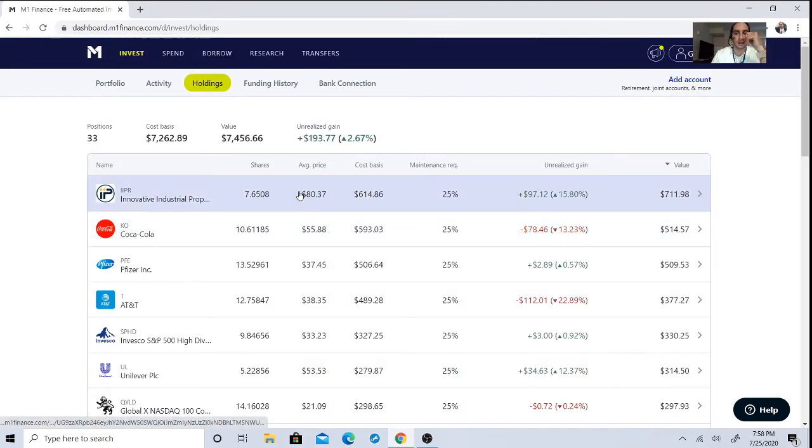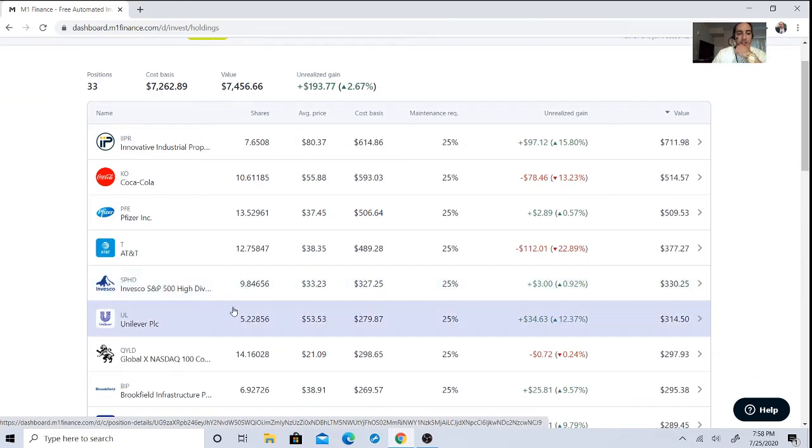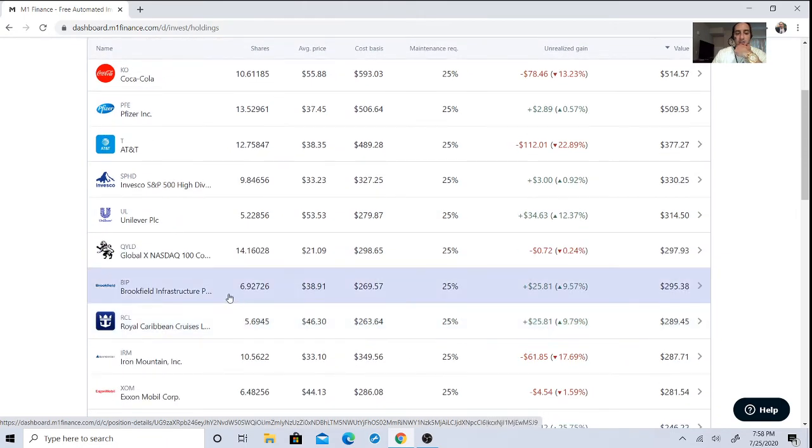So IIPR, I have 7 shares. I need to get that a little bit higher, so I'm considering changing the percentage-wise on it. Coca-Cola, I have 10 shares. I have 13 of Pfizer, 12 shares of AT&T, 9 of SPHD, 5 of Unilever, 14 on QYLD, 6 on